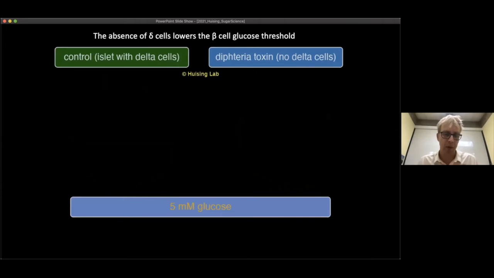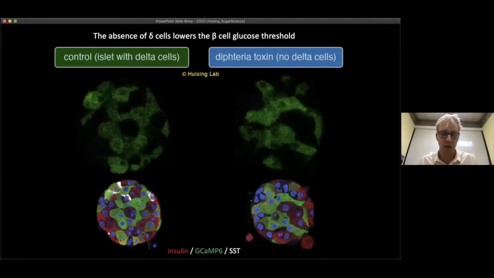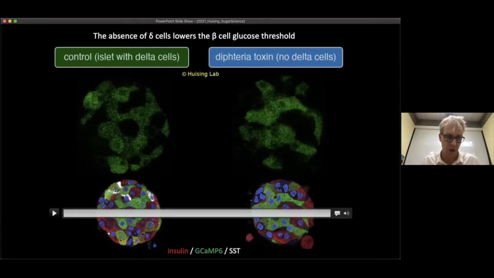So what happens in this scenario is simply, and hopefully you can see as well as hear it, you see beta cells, in the absence of delta cells, respond to glucose by 1 to 1.5 millimolar earlier, which is exactly the change in set point that we observed in vivo. And then again, we can take a still of the live video and then do a post hoc video and confirm that delta cells indeed were ablated on the right